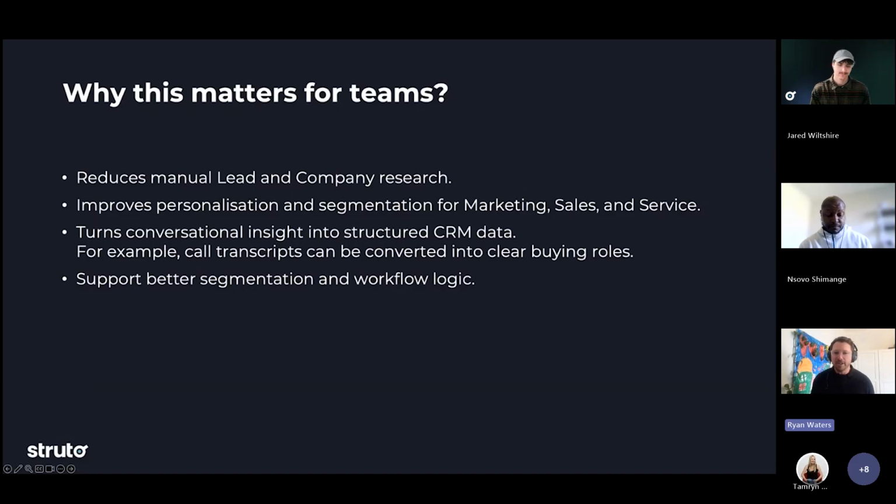And then we've got service teams who need clearer categorization, better routing, and a stronger understanding of the customer's context behind the case or the inquiry. So the data agent helps to reduce some of that manual effort by taking unstructured inputs and turning them into structured CRM outputs. A good example is call transcripts. Normally, a transcript is useful, but only if someone has time to read through it and pull out what matters. With the data agent, you can use that conversation data to identify pain points, qualification details, buying roles, goals, or next steps, and even write them back into the CRM in a